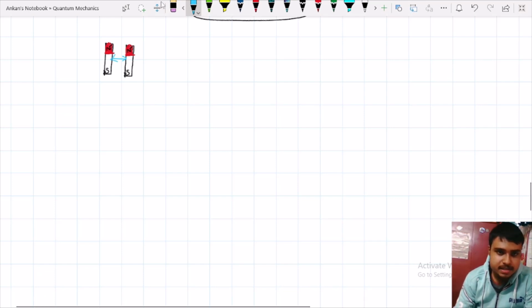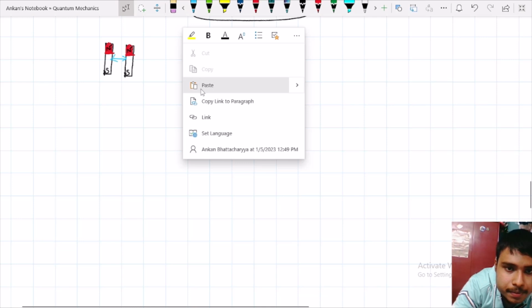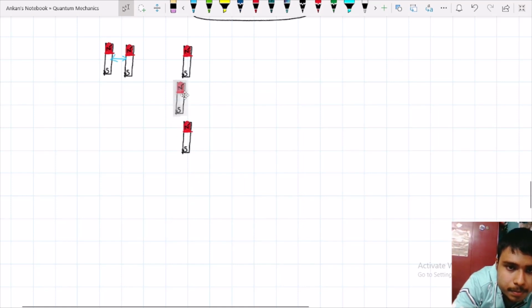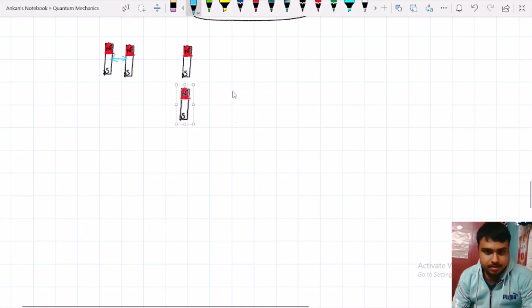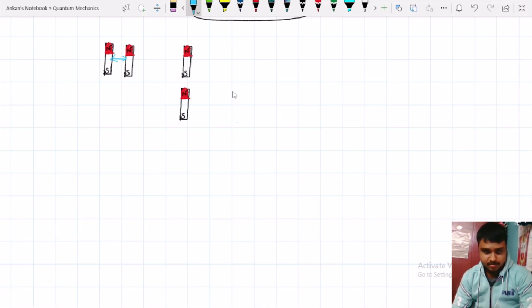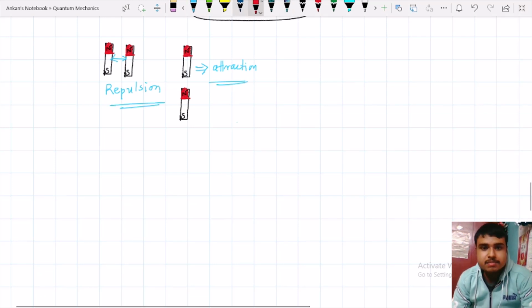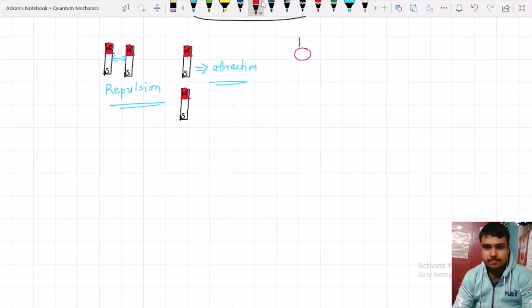But if we place these two bar magnets in this configuration, and the line joining them is also parallel to their orientation, then these will give rise to attraction, and this gives rise to repulsion in this configuration. Okay, similarly, if we take the deuteron nucleon, which has the spin like this and which has